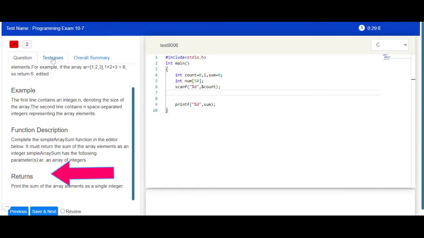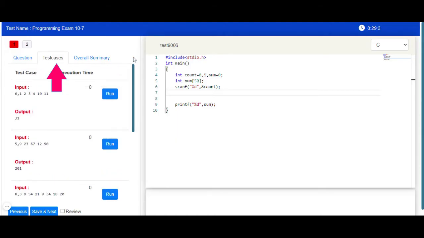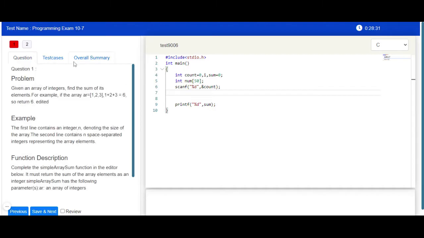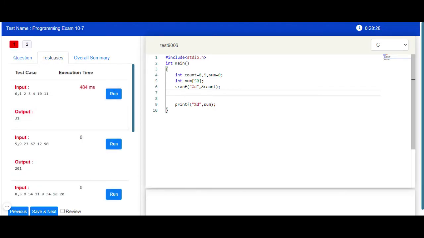And then in the test cases tab, there will be various test cases associated with the program, where you can click on the run button. As soon as you click on the run button, your test case will be executed by the system, and if it is successful, then green color will be shown. But since this test case has resulted in a failure, it is showing it has executed in 484 milliseconds and it is a failure. So you need to complete the program associated with the question, and then you can run those test cases. Here there is a programming text area that is being provided.